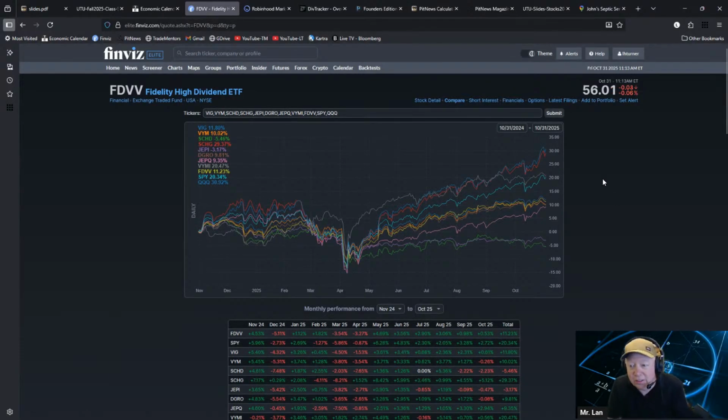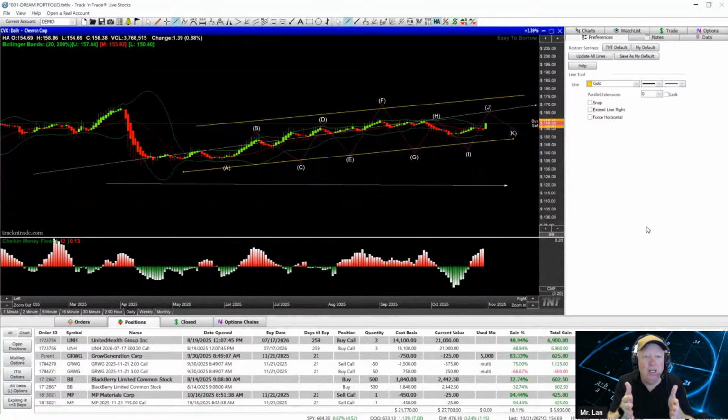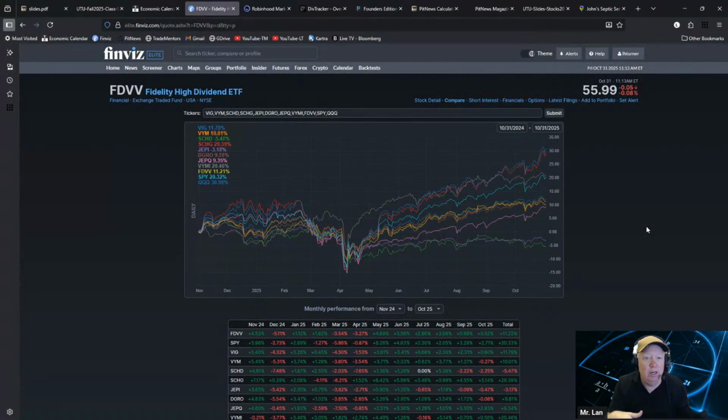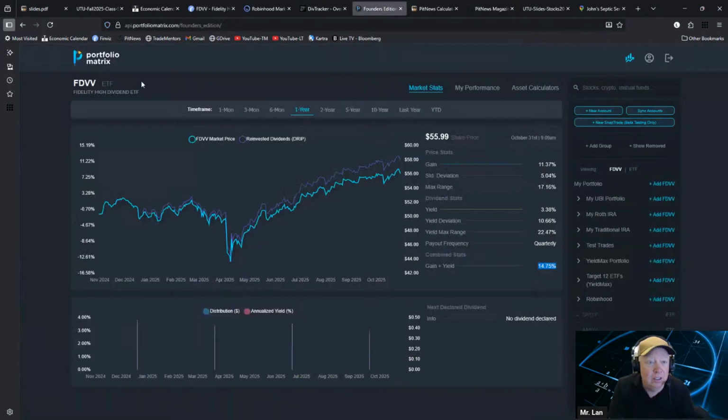Okay, there's your list. Now remember, the ones that are going to do high dividends are going to be down here in the low because they're taking the money out. So that's not shown. And that's one of the problems with most brokerage and charting software, even our trading platform. Even our trading platform does not calculate dividends into it, all it's doing is growth. It's just growth. That's all that it pays attention to. Trading platforms, all it does is growth. Come over here, FinViz, all they're doing is growth. They don't do what Founders Edition here, Portfolio Matrix does with this breaking it out, growth and yield. They don't tell you how much is gain, growth, how much is yield. They don't,